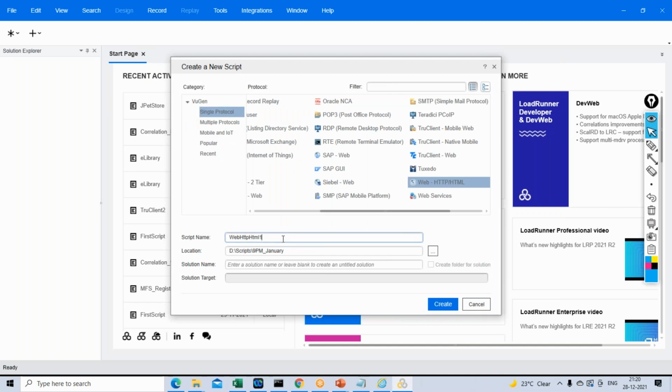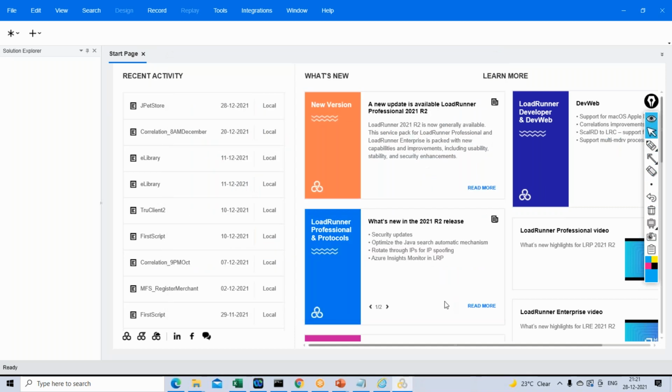Okay, I created a new folder. In that folder, I'll be creating a script called demo. So here, this is the script path and this is the script name. This is the protocol I have selected. And then the solution name and solution target, you can ignore for the time being. Okay, and click on create.